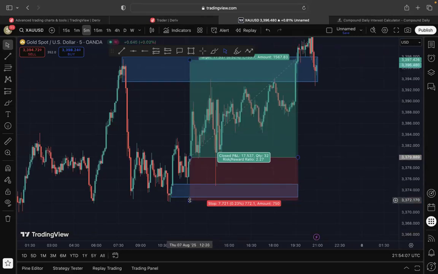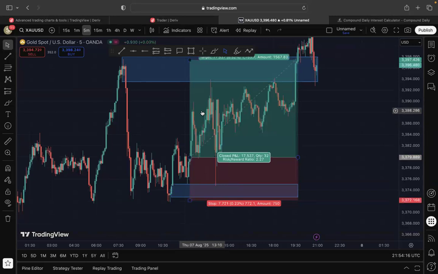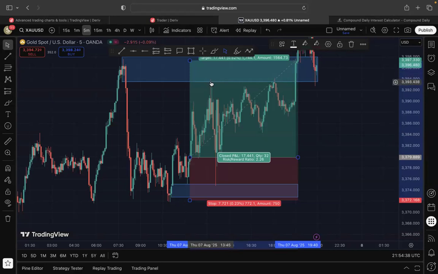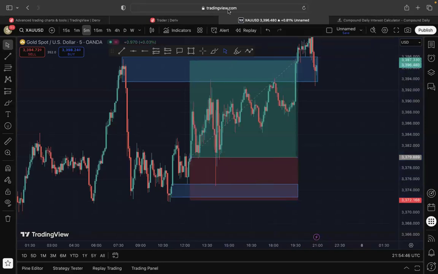But because I adjusted my stop loss, because we are able to see that this is an order block here, and then of course, stop loss has to be below the order block. If I put my order block right there and my take profit is just right here, it is not a good risk to reward. And I kind of still think that the market is still going to go up. And that's why I adjusted the take profit to this level. If we had left our take profit here, we would have been able to take our profit around here. As you can see, the market tapped into the other block, we would have been able to take our profit here. But because we adjusted our take profit to have a better risk to reward,